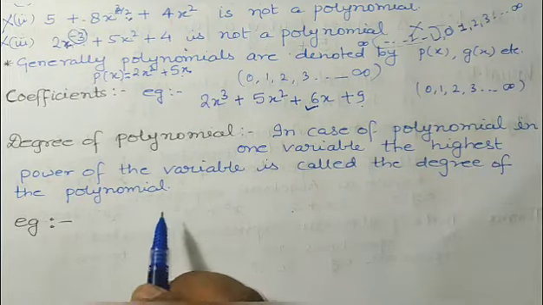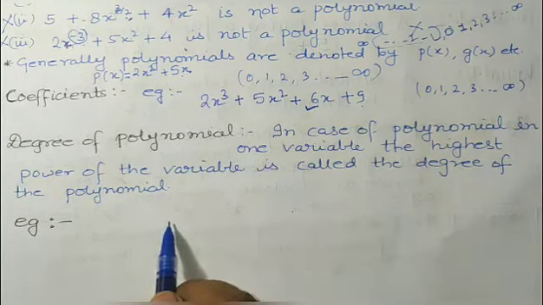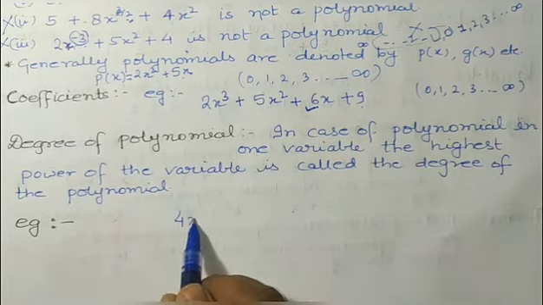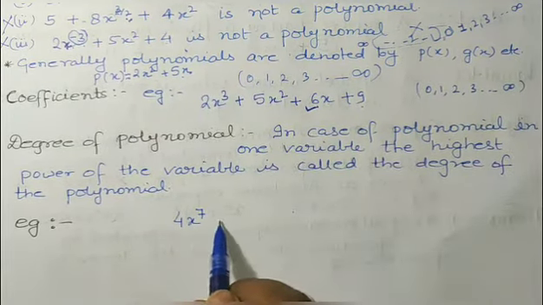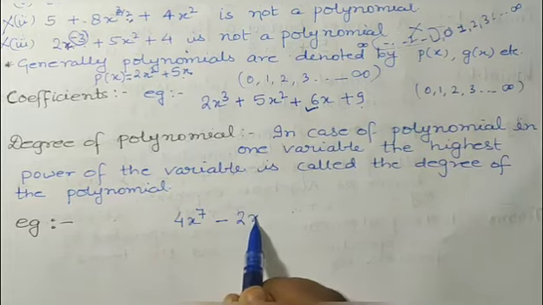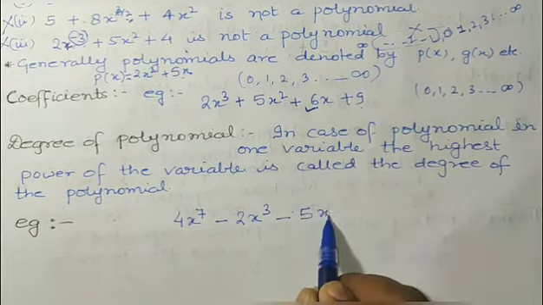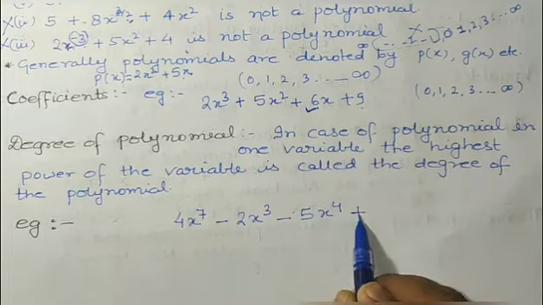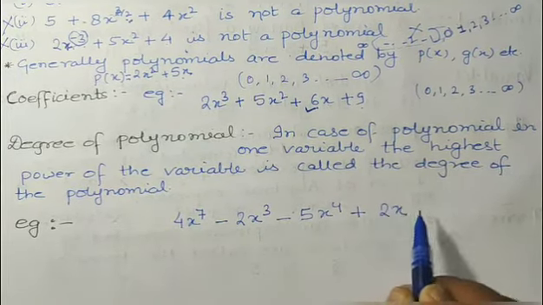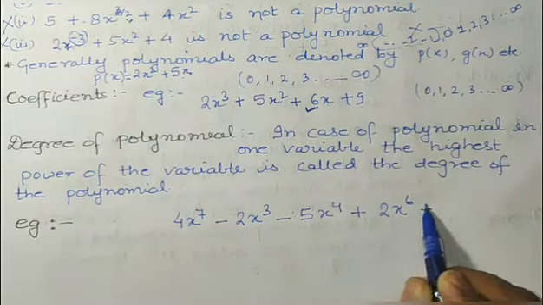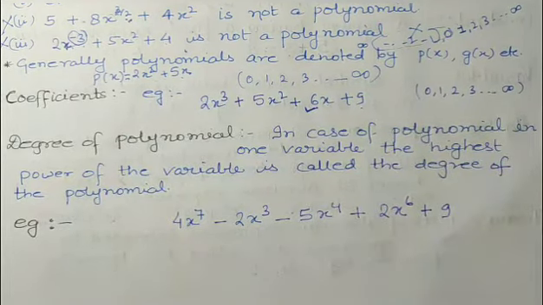If we write an example of a polynomial like 4x to the power 7 minus 2x to the power 3 minus 5x to the power 4 plus 2x to the power 6 plus 9, and someone asks you what is the degree of the polynomial,